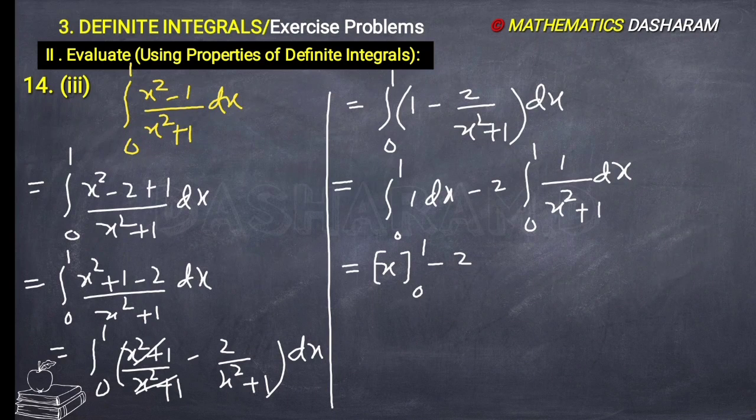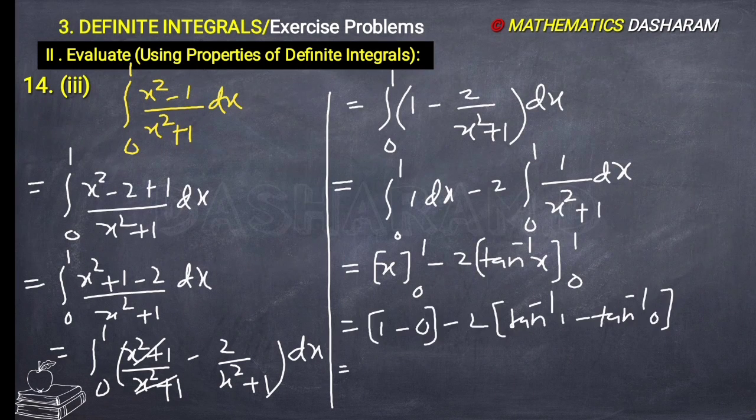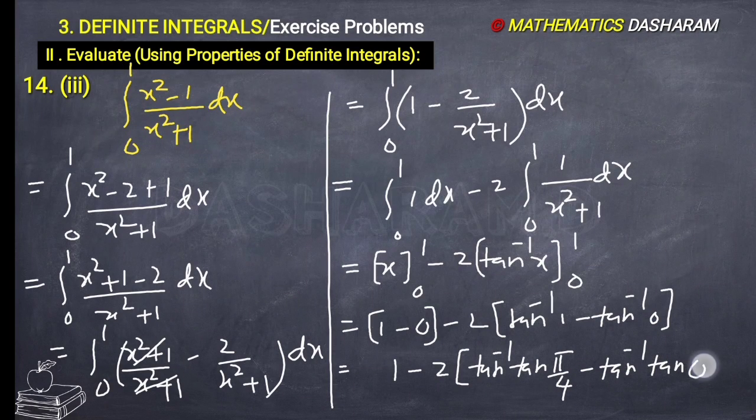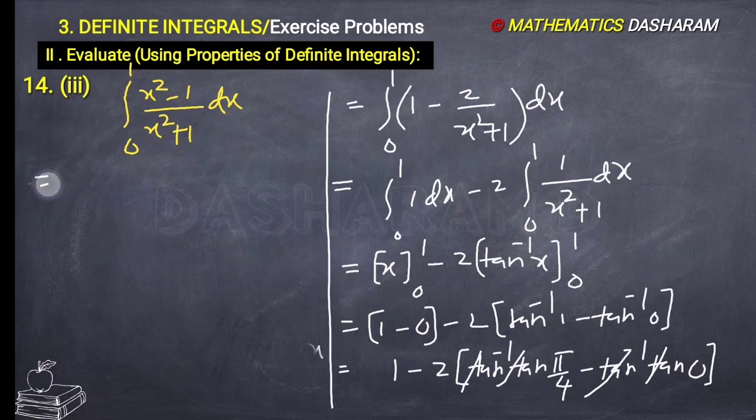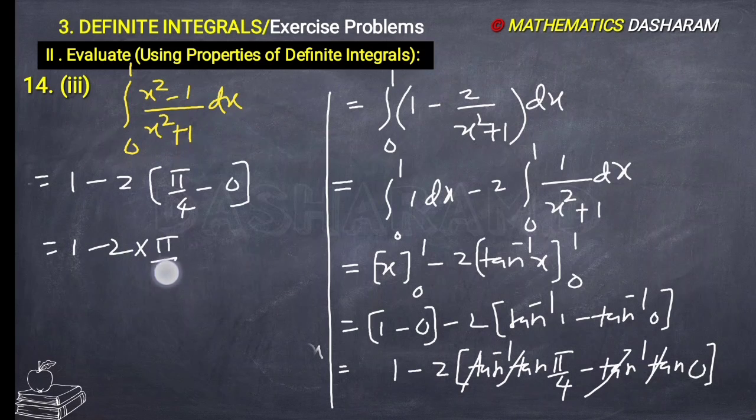Minus 2 into 1 by x square plus 1. The answer is tan inverse x, 0 to 1. Now substitute the limits. So 1 minus 0 is 1, minus 2 bracket of tan inverse 1, we can write as tan pi by 4, minus tan inverse 0, we can write as tan 0 degrees. Tan inverse and tan cancel. So then it is equal to 1 minus 2 bracket of pi by 4 minus 0. So 1 minus 2 into pi by 4, 2 ones are 2, 2 twos are 1, so 1 minus pi by 2 is